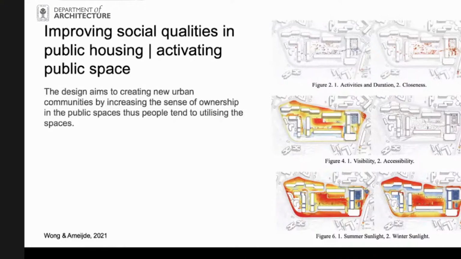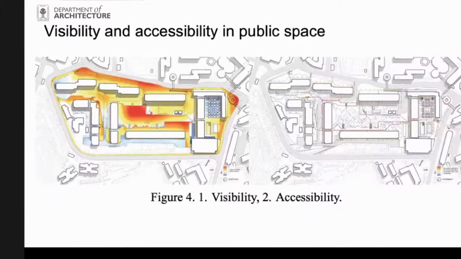This next example is about improving the social qualities in public housing, with the intention of activating the public space. So the design aim of this area, new urban communities, is to increase the sense of ownership in the public space, so that people tend to utilize the space. Think about when we create a public space and no one utilizes it, or no one really wants to use it,